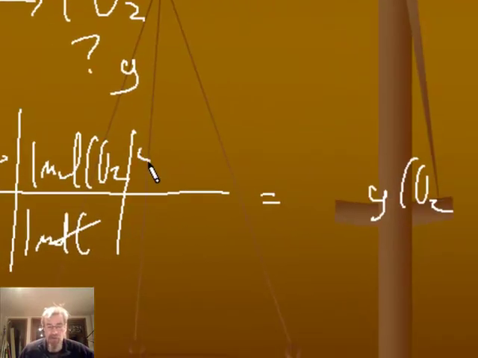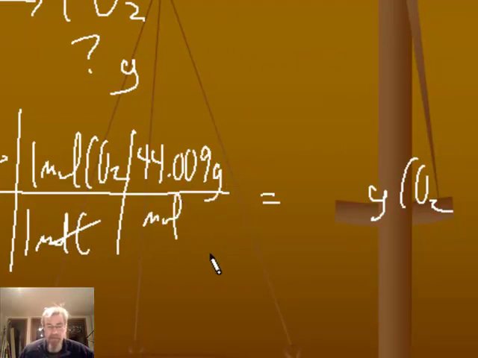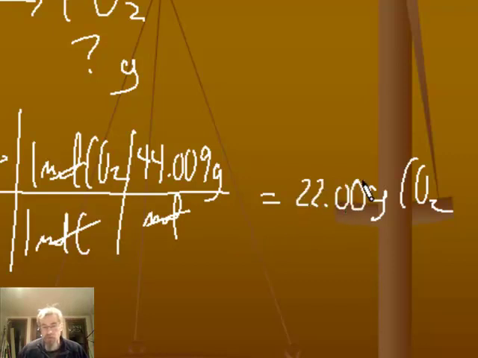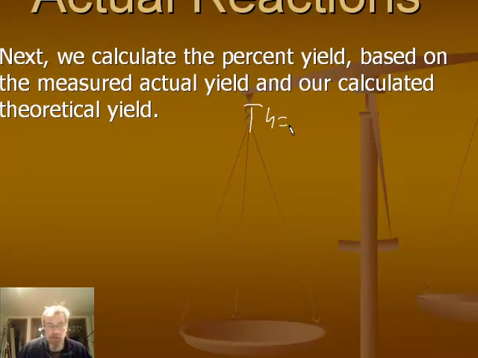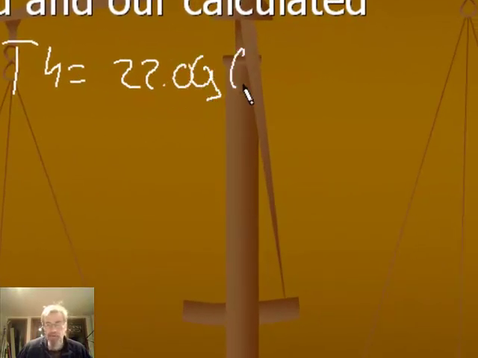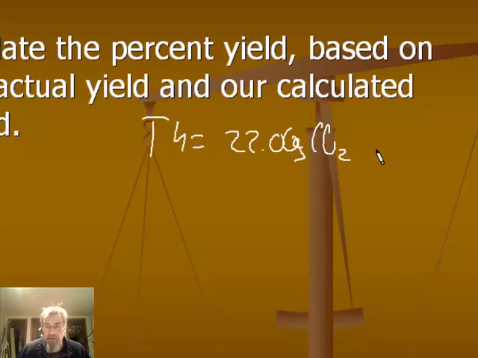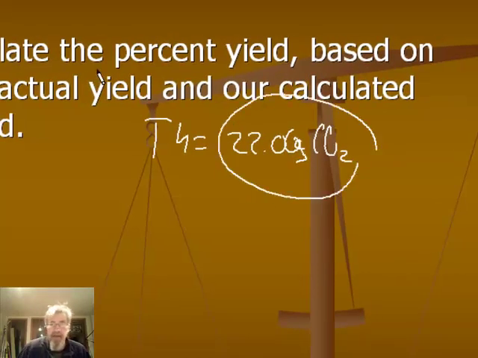And then the molar mass of CO2, once you calculate it, is 44.009 grams per mole. So that gets rid of moles of CO2 and leaves us with the unit that we want in our answer. Well, our answer here to 4 significant figures is 22.00 grams of CO2. So now that we know that the theoretical yield is 22.00 grams of CO2, our next step is to calculate the percent yield. And this is going to be based on our calculated theoretical yield that we just got and the actual yield that was given to us in the problem, which was